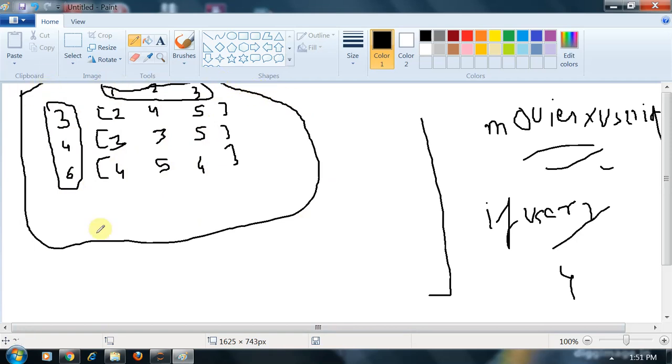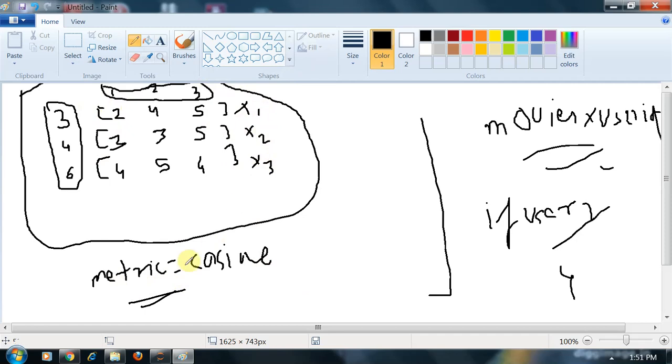Now I am giving the metric cosine. What does this cosine metric actually stand for? We have already talked about cosine similarity. When I assign the metric to cosine, it will look for the cosine similarity. Suppose these 3 vectors are x1, x2, x3.